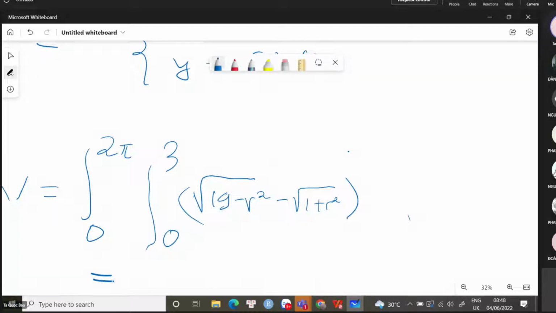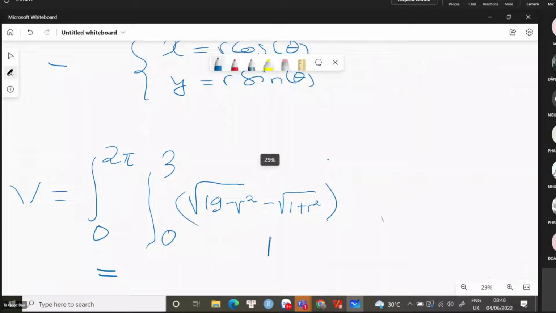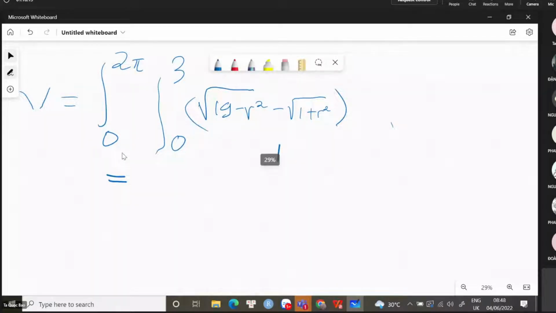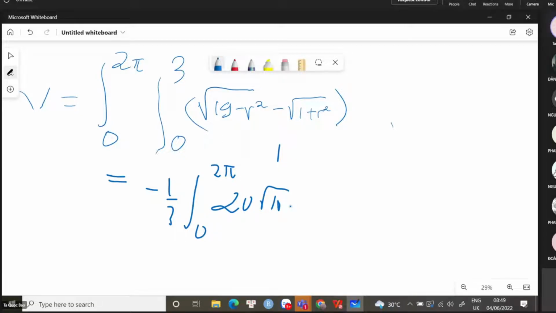This is equal to -1/3 overall from 0 to 2 pi of 20 square root 10 minus 19 square root 19 minus 1